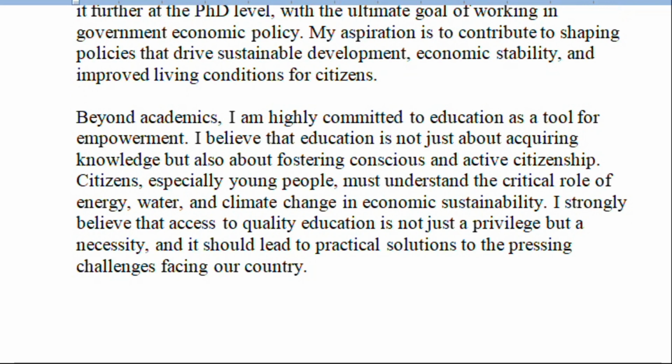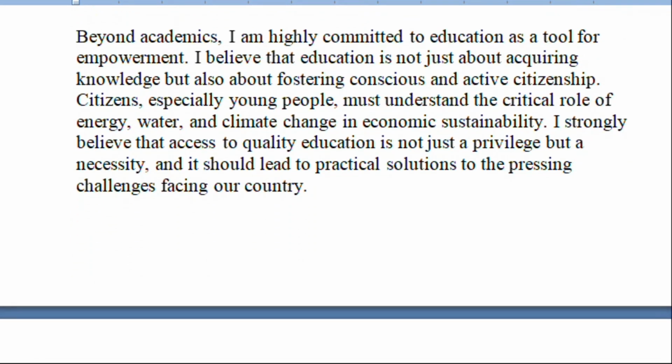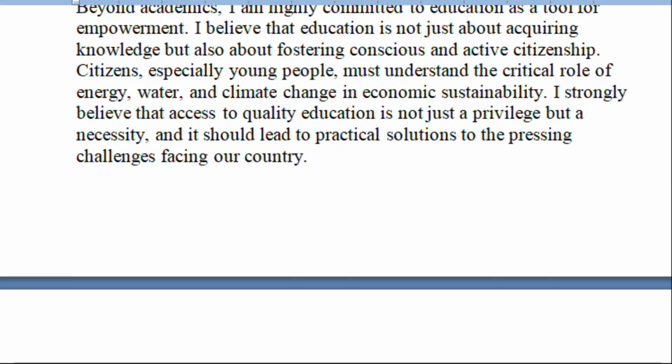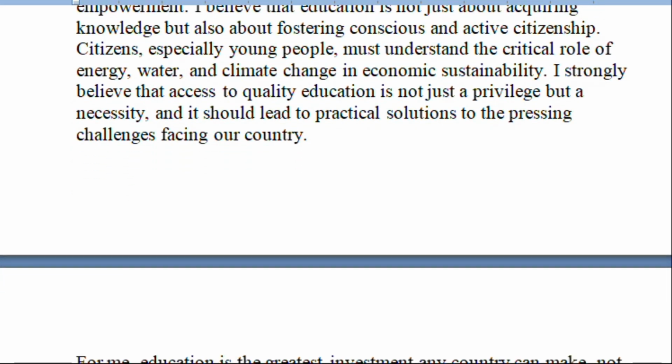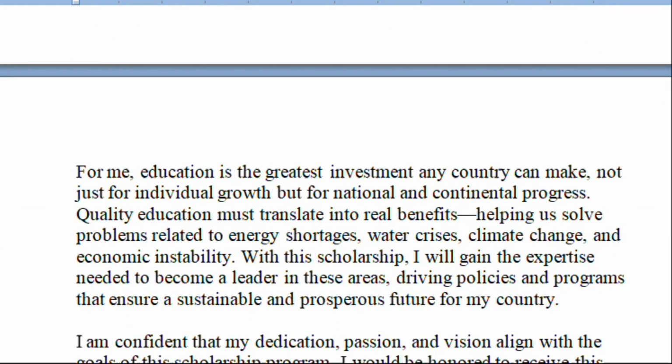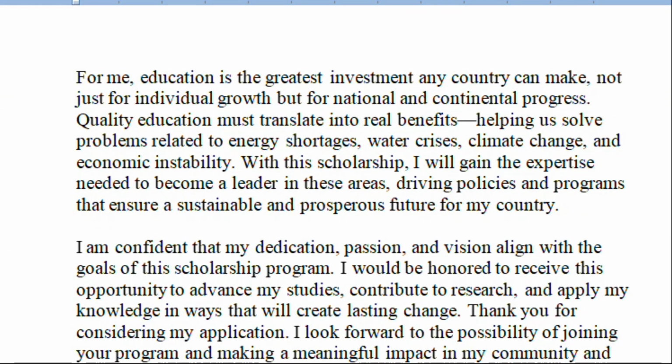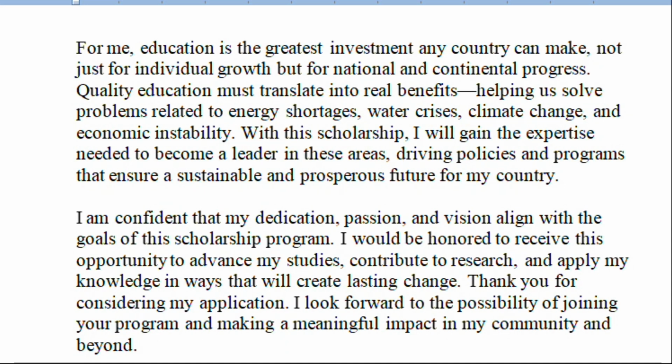I believe that education is not just about acquiring knowledge, but also about fostering conscious and active citizenship. Citizens, especially young people, must understand the critical role of energy, water, and climate change in economic sustainability. I strongly believe that access to quality education is not just a privilege, but a necessity, and it should lead to practical solutions to the pressing challenges facing our country. For me, education is the greatest investment any country can make, not just for individual growth, but for national and continental progress. Quality education must translate into real benefits